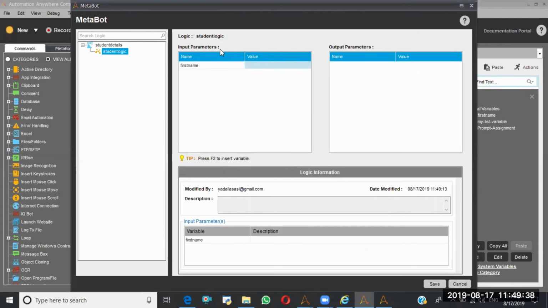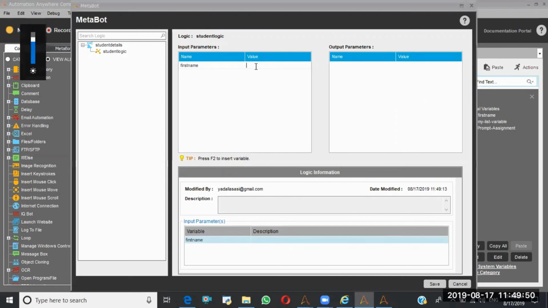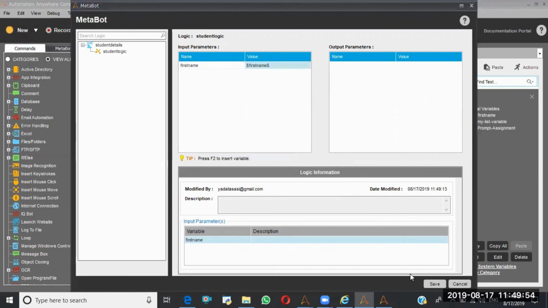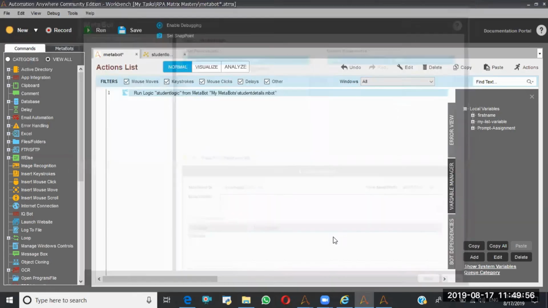So here it is an input parameter. This input parameter is expecting some value. What is that value? Here you can type Shiva directly like this, or else press F2, you can pass another variable as well. That depends on our requirement. I'm saving.